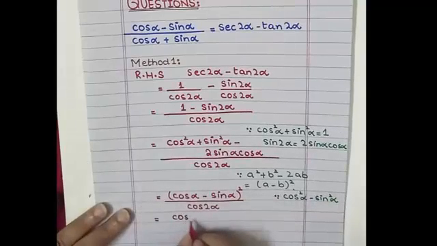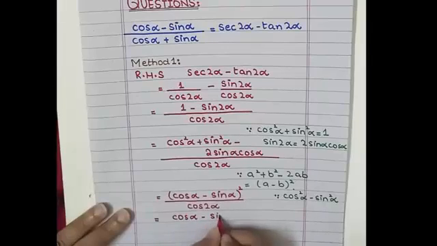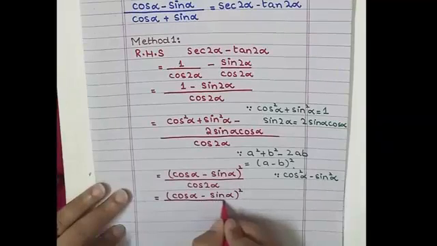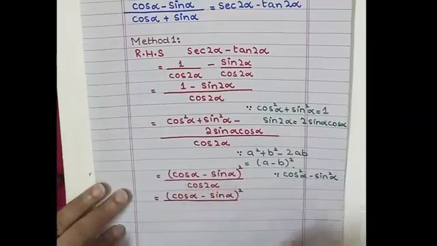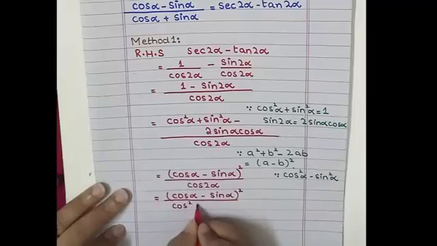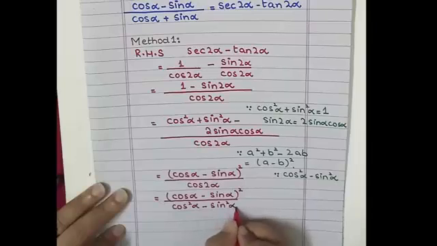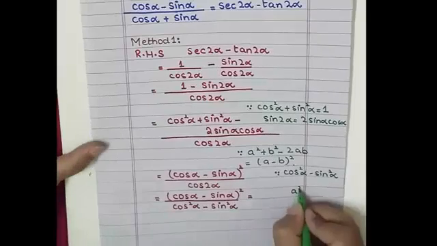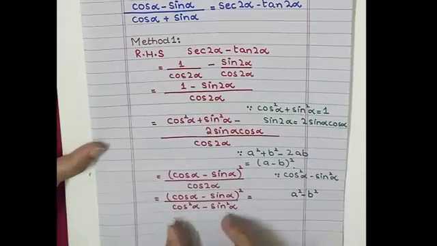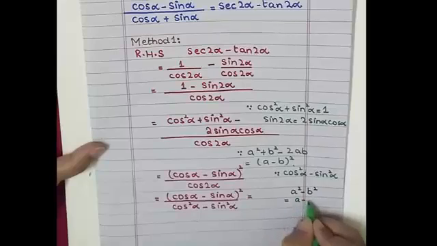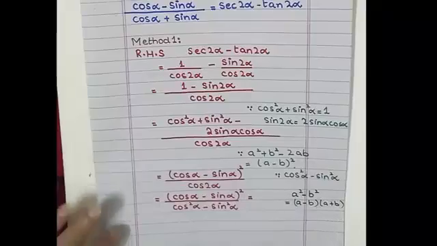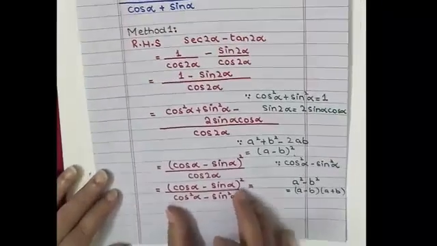So cos 2 alpha can be written as cos square alpha minus sin square alpha. Now as we know that a square minus b square is equal to a minus b into a plus b, splitting out this term,